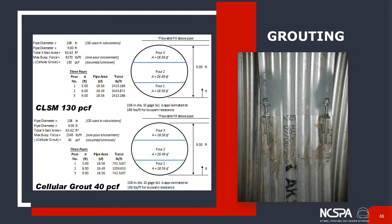Here's an example of some calculations that we do to see what kind of buoyant forces we can expect. Really the first pour is the real number to look at. The second pour, the third pour in this example, are really being offset by the weight we're adding in pour number 1. But I did a comparison here with a flowable fill at 130 pounds per cubic foot versus a